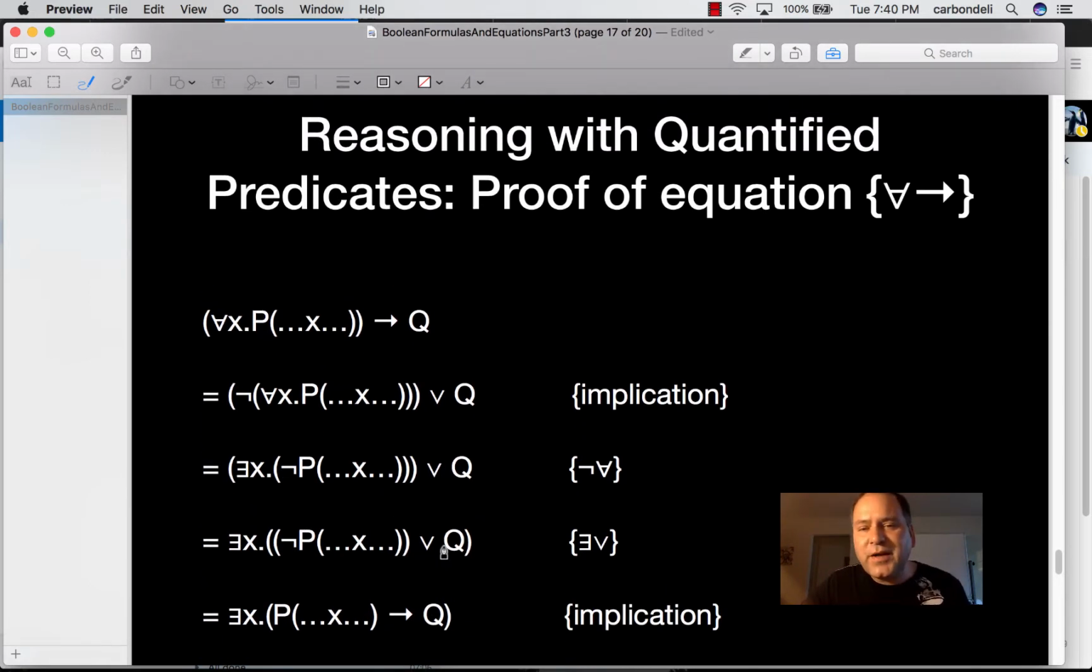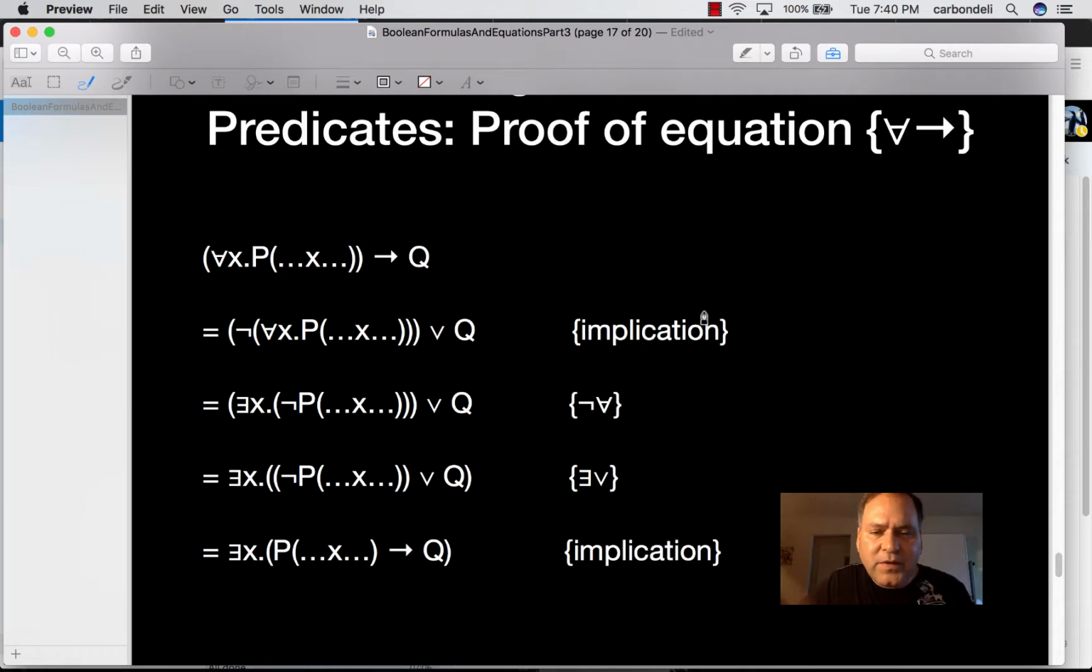Oh, this is actually a proof of one of the transformations we just looked at on the previous 3 slides. And this is universal implication. You can see that we're starting with for all x, p of x implies q. And of course, initially, the q is outside the scope of the quantifier. Then by implication,